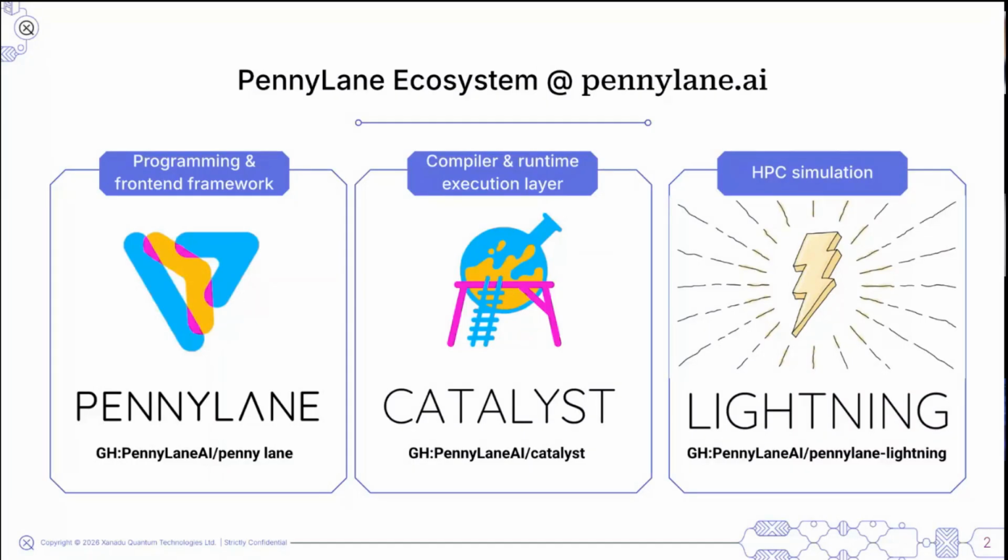Next on the list is our compiler and execution runtime, Catalyst. So from Catalyst, the goal here is to do quantum program optimization as well as classical program optimization, generating our binary payloads and making sure that everything is as we expect, ready for running on a given hardware backend. So the flow of information goes from PennyLane to Catalyst. Catalyst does its optimizations, and then next on the list, if we want to do some HPC-focused simulation, we have